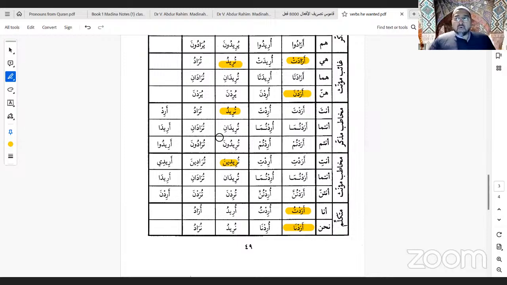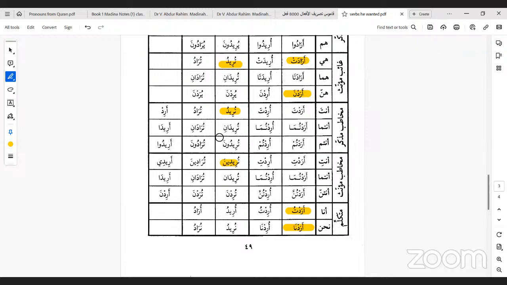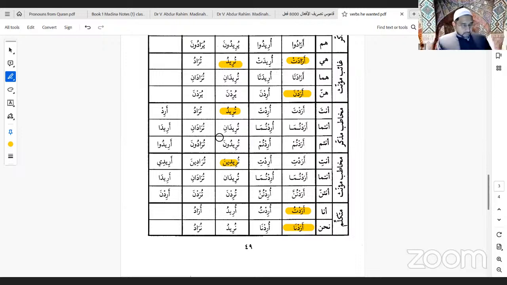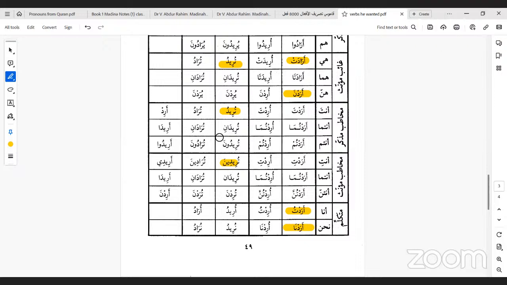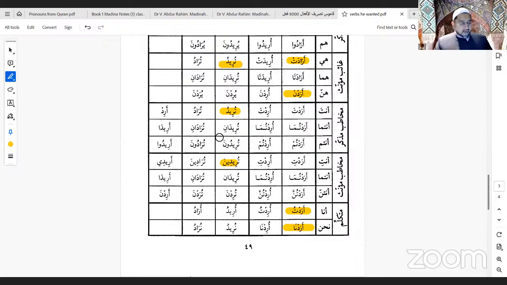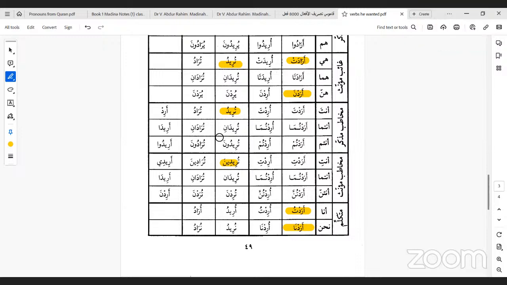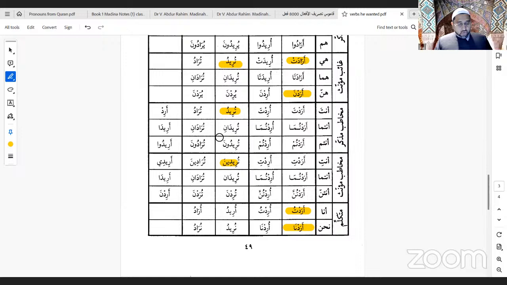Aqama yuqimu. Akim. And in the Quran, akim. Akima. Correct. So then it will be akim or akima. The ya comes back in the dual. Akim, akima, akimu, akimi, akimna. In Surah Hud,